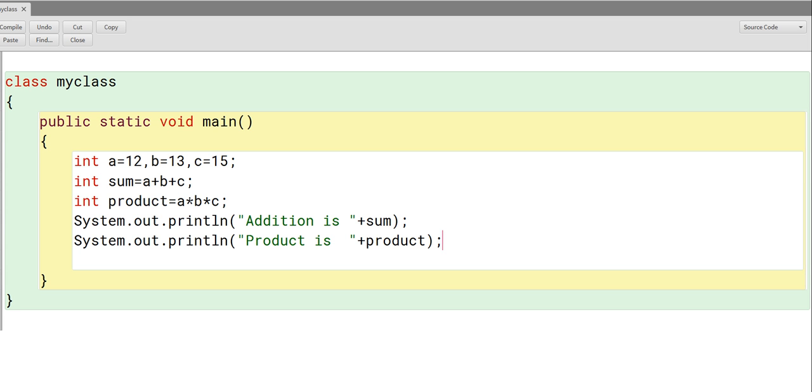The same thing will be followed by the other statements. So these are very simple programs. Here we are declaring three variables, and in the processing steps we are performing addition and multiplication. But when you are writing a program, you have to remember the syntax and punctuation used in programs.